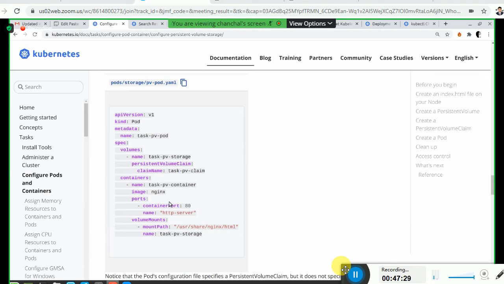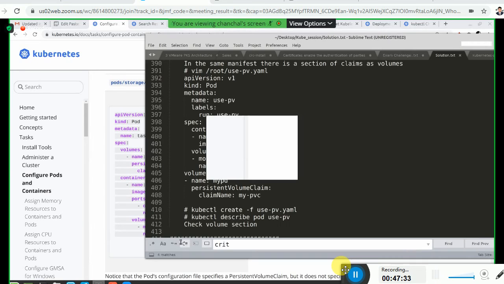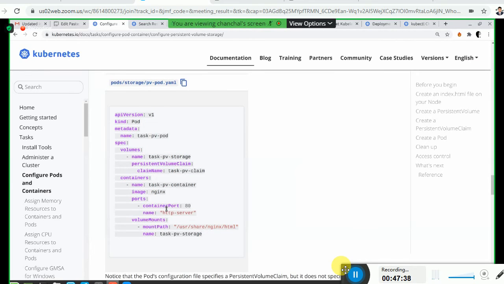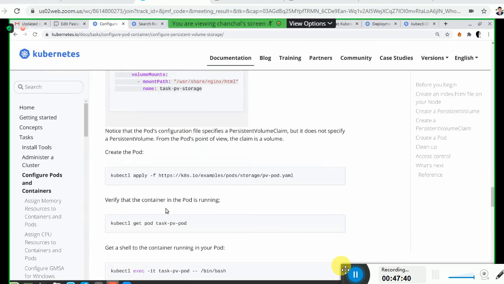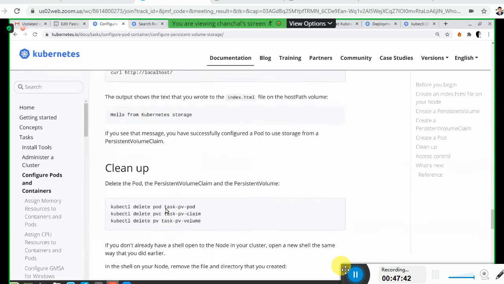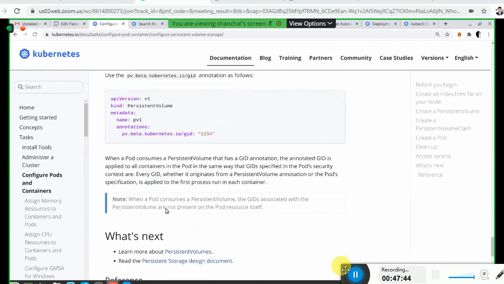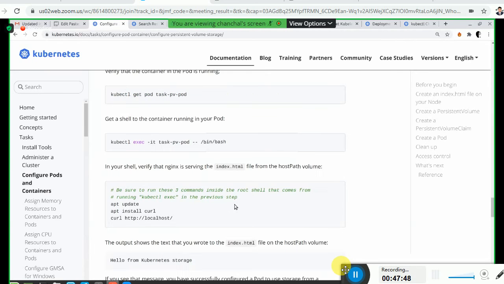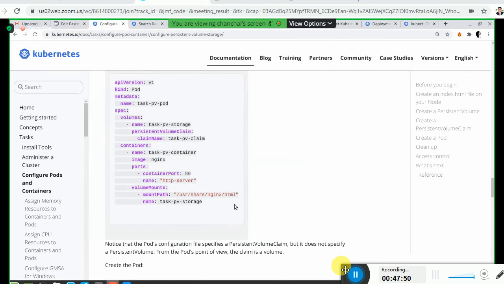Volume mounts, containers, volume mounts, and then volumes. The name volumes is not here in this code. Volume mounts, persistent volume claim, volumes is here. Yes, the pod code is here.